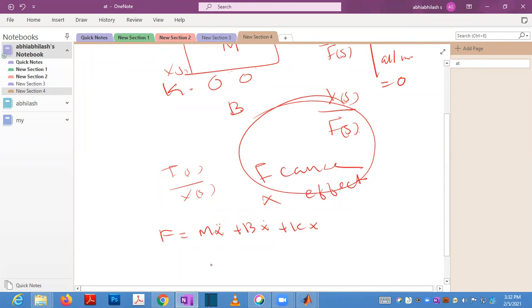So taking Laplace transform, this is f of s. What is the Laplace transform of x double dot? s square x of s. This much only.